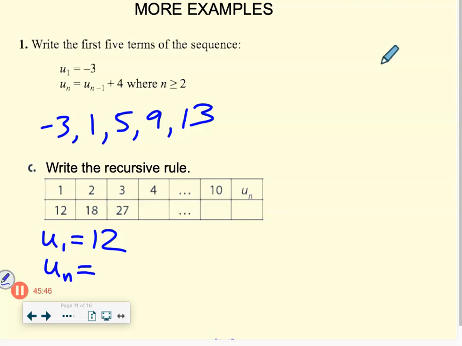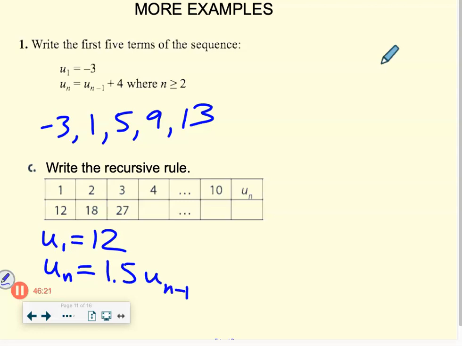So before I ask you for the general term, did your group decide that this was arithmetic or geometric? Geometric. Well done. Okay, but back to Luke. Luke, did you figure out what number you have to multiply by to go from one term to the next? 1.5 is correct. So your general term is u sub n equals 1.5 times